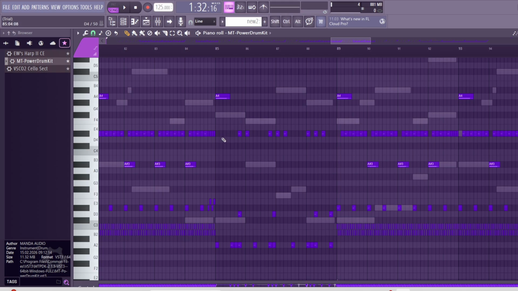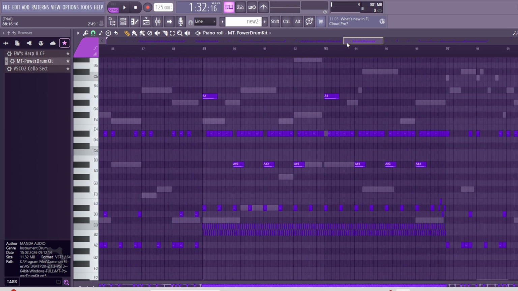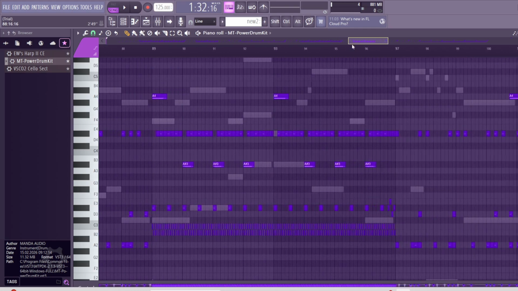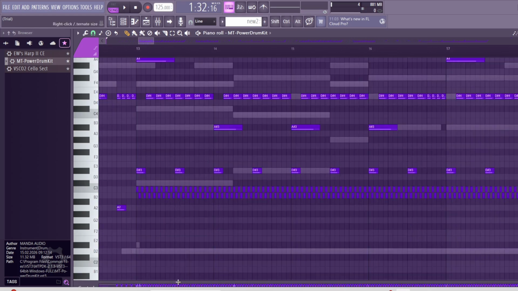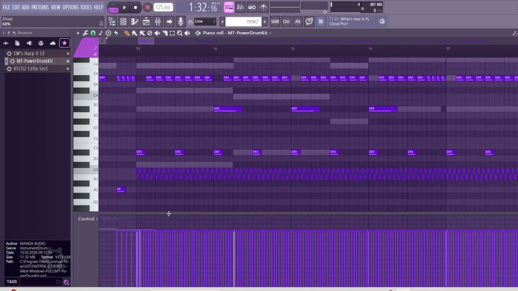You can use one pattern, add something or delete something, and that way you can have quite interesting songs. And now let's take a look at some technical details.